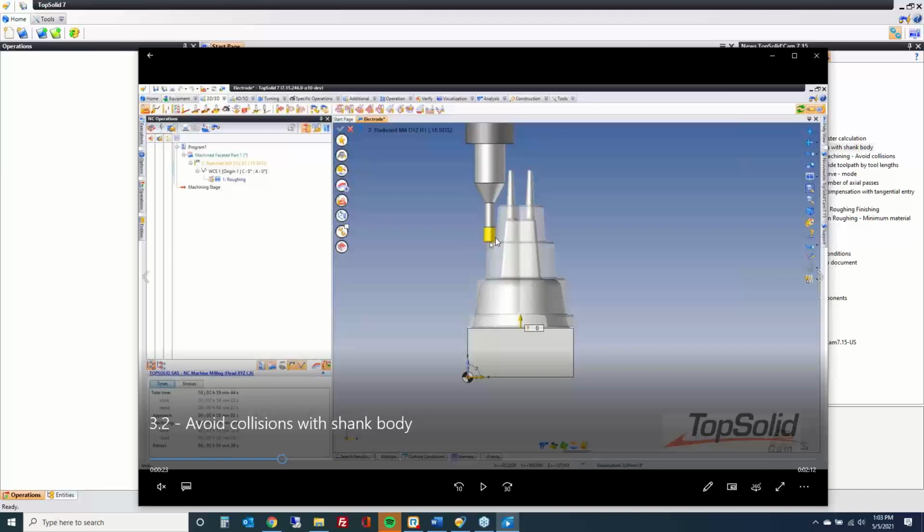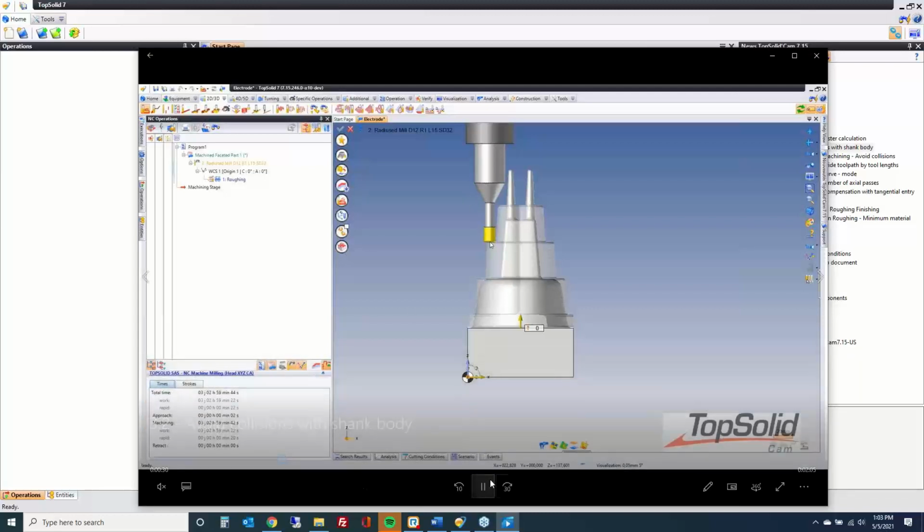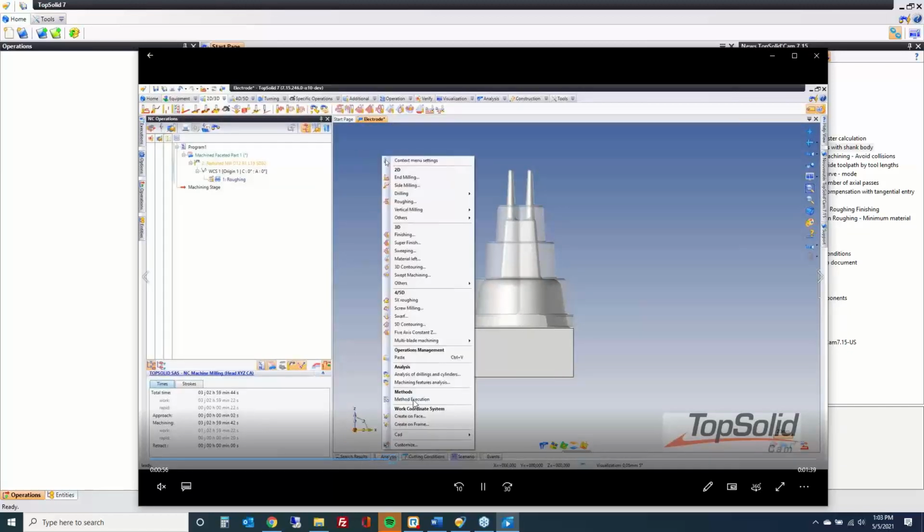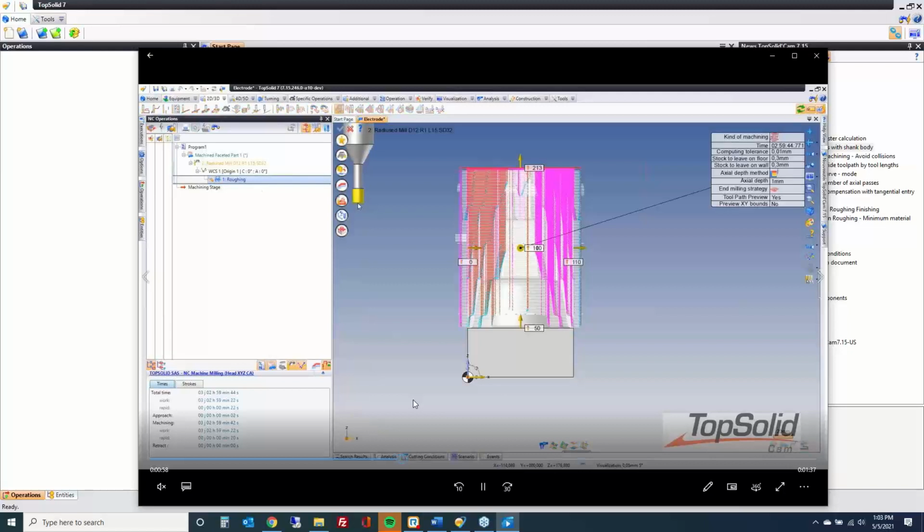When we are checking for collisions, we are checking collisions with this cutting diameter and this main shank diameter, but not automatically avoiding this cone or this second shank diameter. That wasn't supported yet. So now in 715, it is supported. All we're basically doing in this video is showing you the way it was before. So you can see that the tool reaches only so far. Okay. And if we want to do this with the new version,